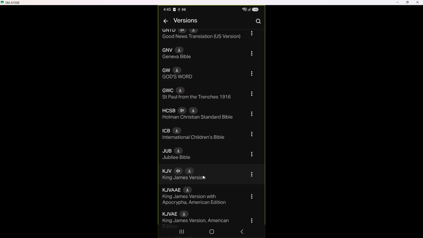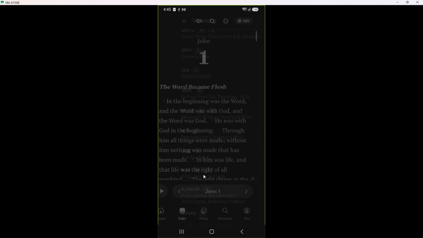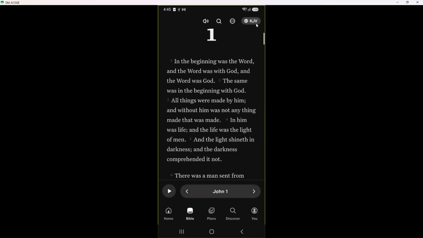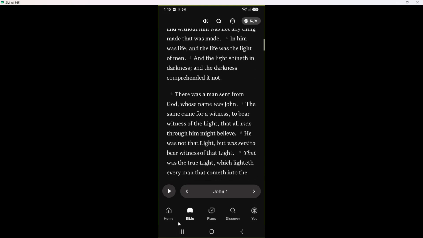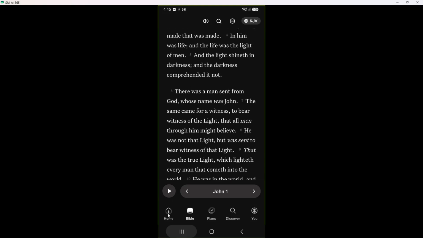The list will close, and you will return to the main Bible reading screen. At the top, the version label now shows the new abbreviation you just chose. The text of the chapter on your screen updates immediately to match that translation, even if you stay in the same book and verse. A helpful detail here is that once you select a version, the Bible app remembers it for the next time you open the Bible tab, so you do not need to repeat this every day.